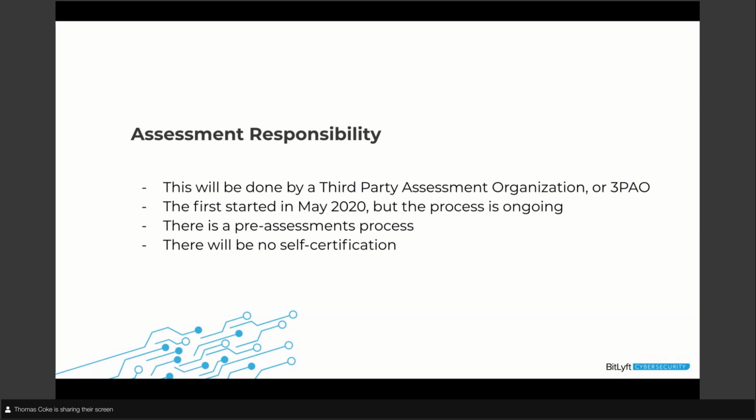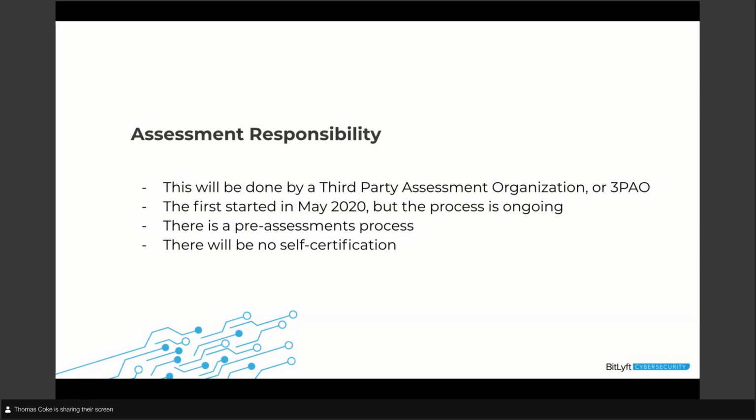There is a pre-assessment process that you can do. You can get yourself prepared, and make sure that what you're doing is actually ramping you up to be CMMC compliant, or get you to the point where you're ready to be assessed as if you are CMMC compliant. And then they'll probably issue you a report. From my reading of it, that report will go out. They'll make some recommendations. You'll go and repair those recommendations and make some changes, go back to them, and they'll give a final, hey, you're at level 3.